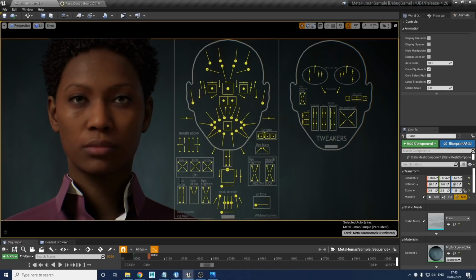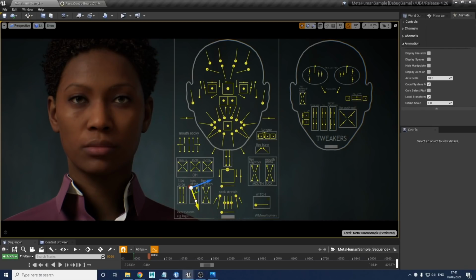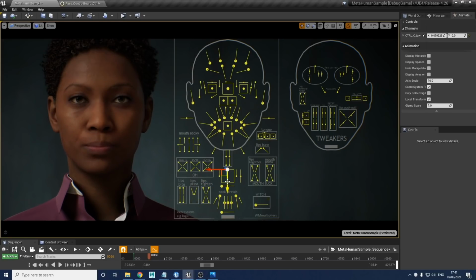Going to move down the face into these tension controls here. These are for when you have lips pressing together. I'll go into that one first. This is the impact of the lips pressing down on one another. So when you tense your lips together, use them here. This is another control that shouldn't really be used if the lips aren't touching, because it's an impact control, the pressure and force of both of your lips pressing together. You shouldn't really be able to do that if your lips are apart.